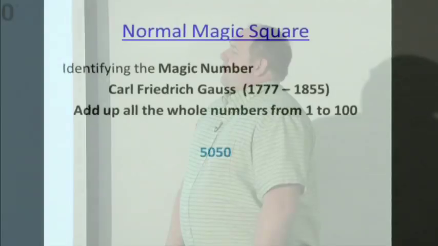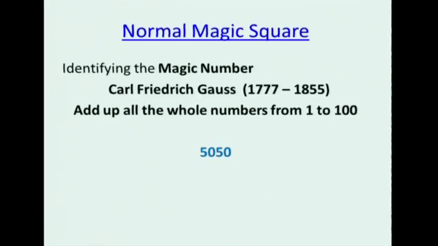Well, the story goes that almost immediately Gauss went up with his chalk tablet and put it on the desk with this number. And as it turns out, that's correct. If I add up all the whole numbers from 1 to 100, it's 5050. Well, the instructor asked his student, how in the world did you come up with that so fast? And it turns out Gauss had thought about this before.